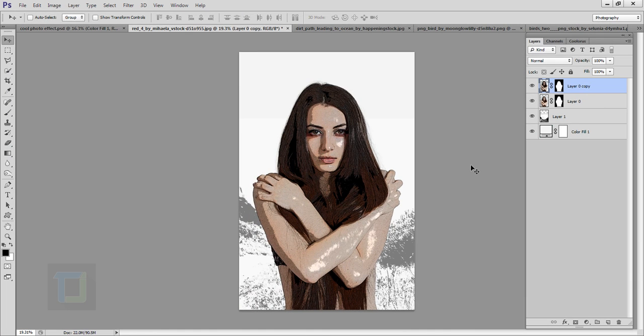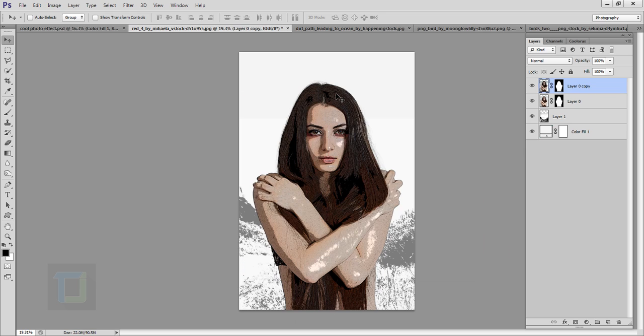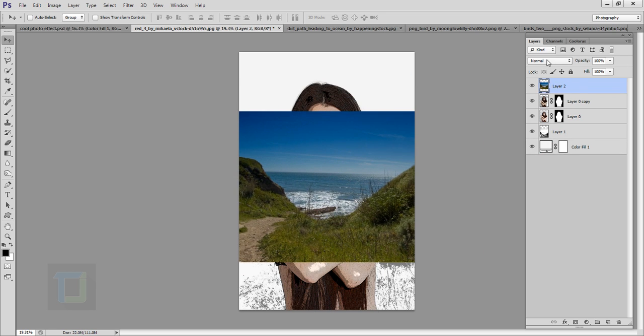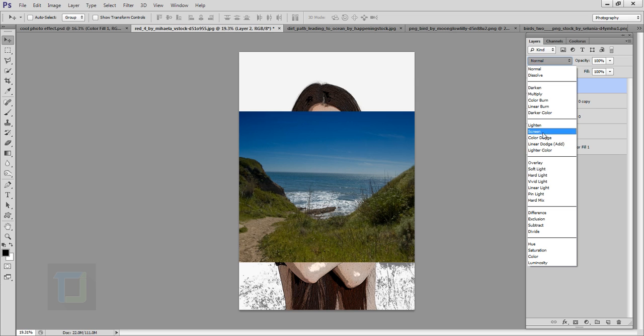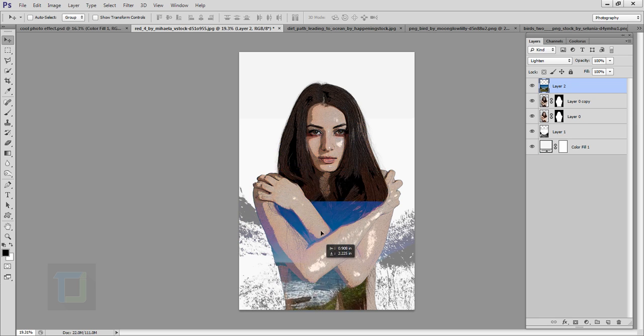Now it's time to create the effects. So to do that, I'm gonna go back, and as you can see I still have this background image here. I'm gonna press Ctrl A to select it, Ctrl C to copy, come back here, Ctrl V and paste it here. So the image is ready here, and all you have to do is just go and change its blending mode to lighten. So since the background is almost white, the rest of the area will not be visible, and this